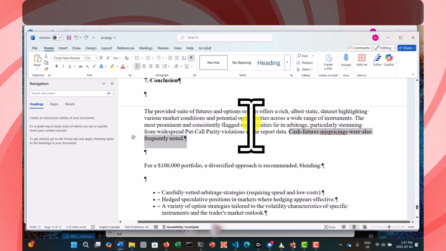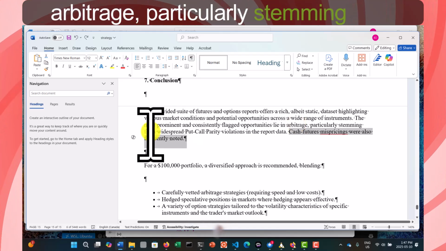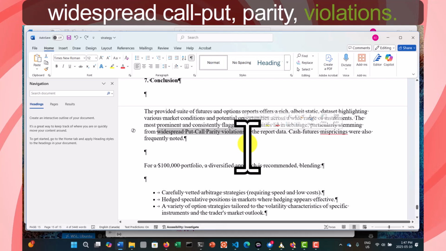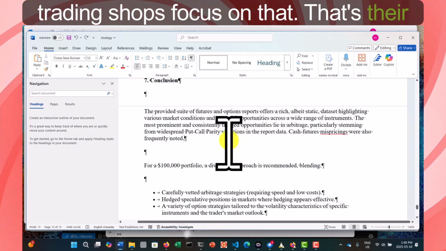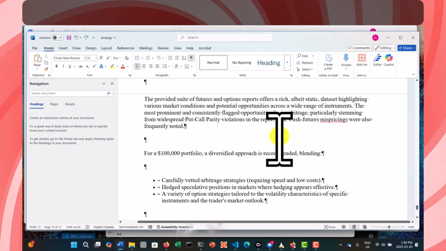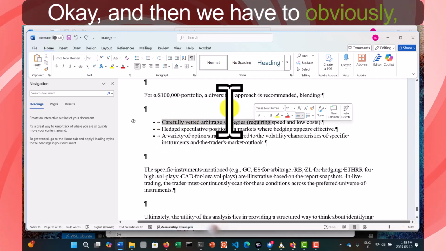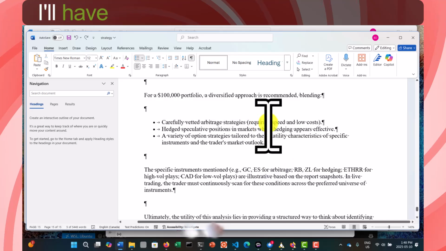Prominent and consistently flagged opportunities lie in arbitrage, particularly stemming from widespread call put parity violations. Again, that's why the high frequency trading shops focus on that. That's their bread and butter. And obviously, for a 100,000 carefully vetted arbitrage strategy, we have to worry about speed,